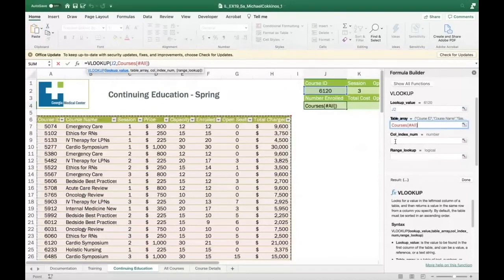Okay, so courses is the table, and then here's the one that it's really going to look up. The value is in column 6 that we're looking for, right? So 1, 2, 3, 4, 5, 6. We want to find enrolled, right? So that's the index number that we're looking for, column 6. So I'm just going to enter a 6 in there, okay? And then